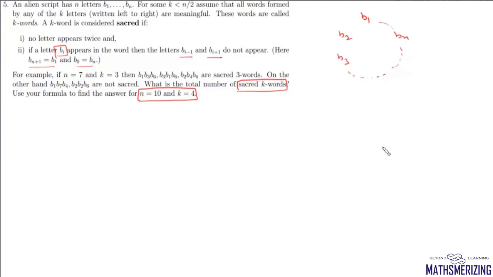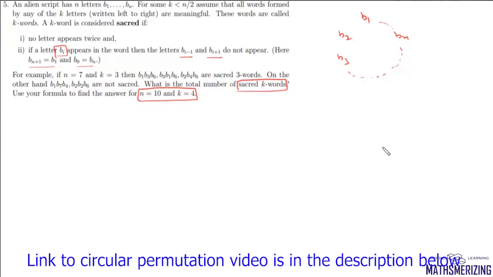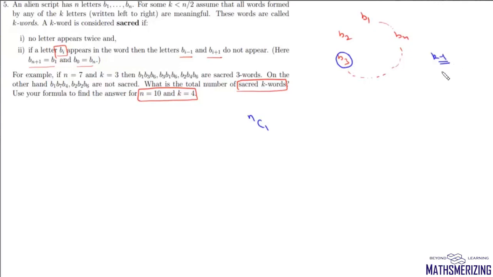Now since all these letters are arranged on a circle, we know that on a circle all the arrangements are relative to some particular specific position. So what we'll do is first mark any one element that we are going to choose. From these n elements, we'll select one element, and it can be done in nC1 ways. So first we'll choose any one number. Suppose we choose B3. Now we have to choose the remaining k minus 1 numbers from n minus 1 numbers such